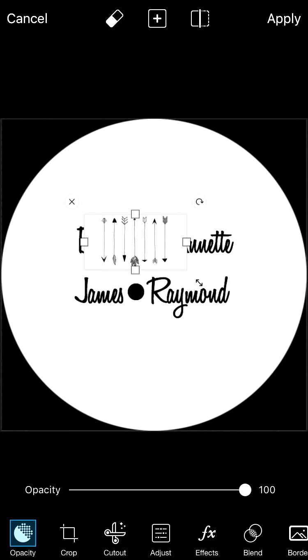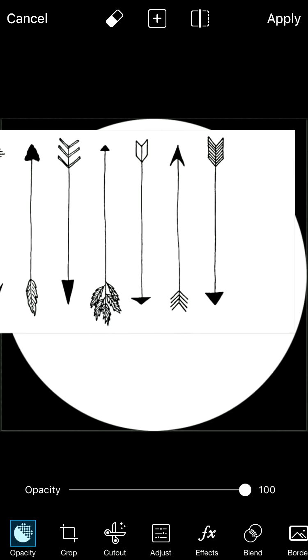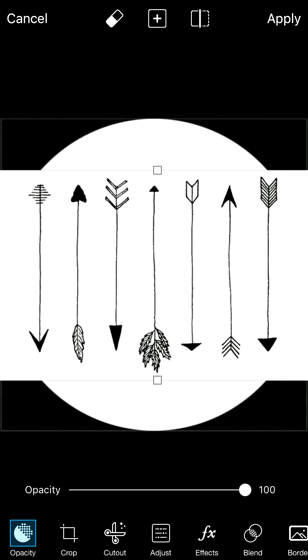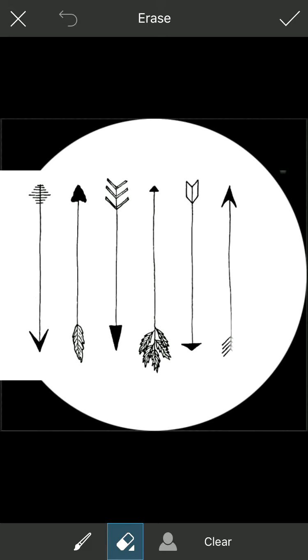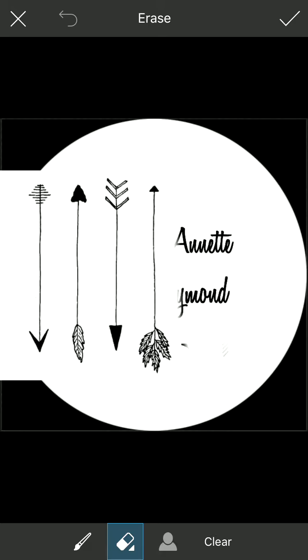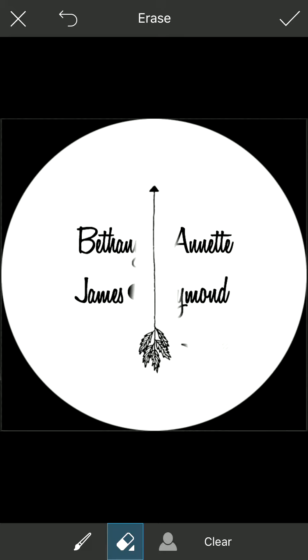Okay, I'm going to adjust the size of my arrow. I'm also going to get rid of any of the arrows that I don't actually want to use right now. So we're just gonna erase all of this. I'm just gonna keep that middle one right there. You can also do the cutout tool, whatever you like using better. And it's okay if there's a little white left over because we're gonna use the multiply blend to